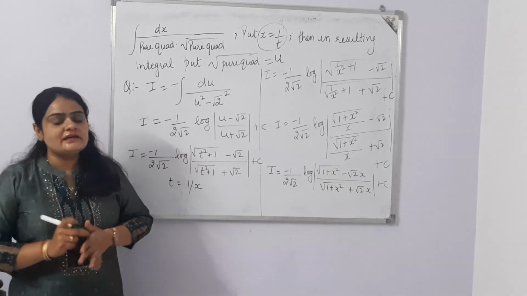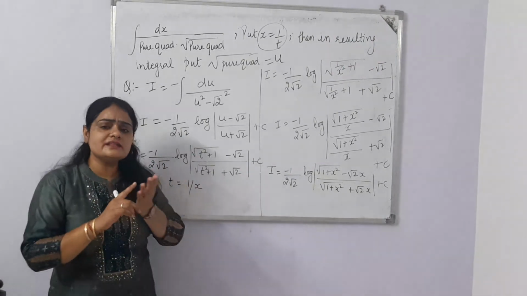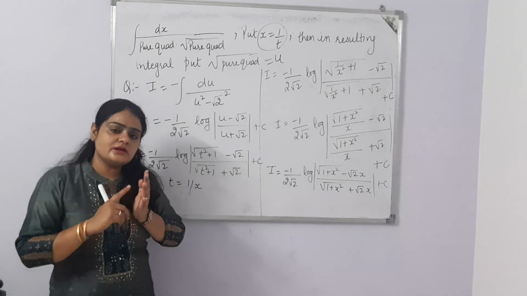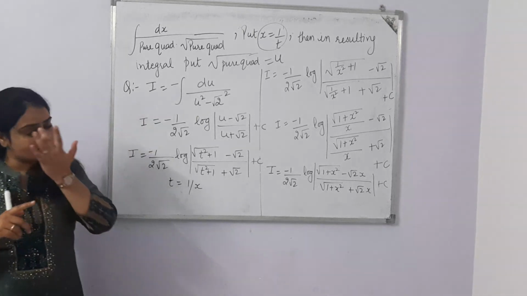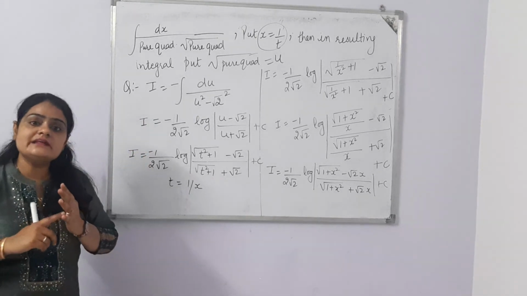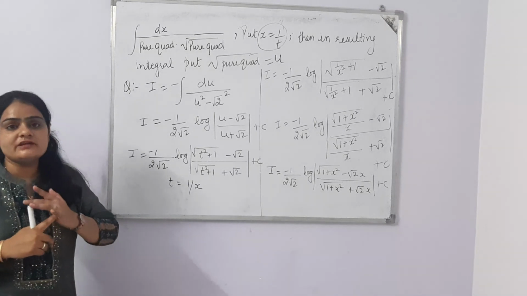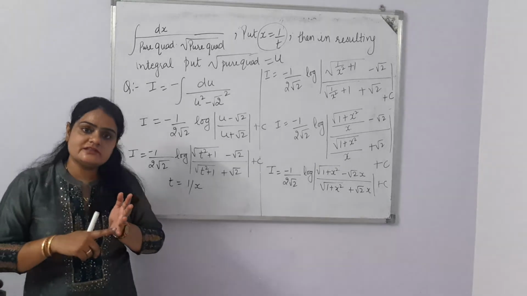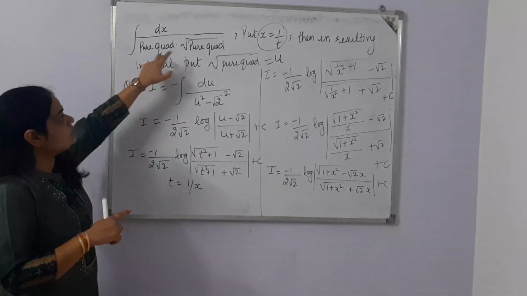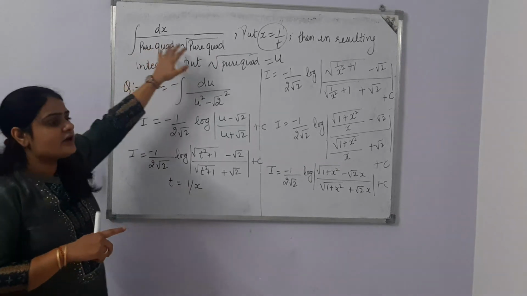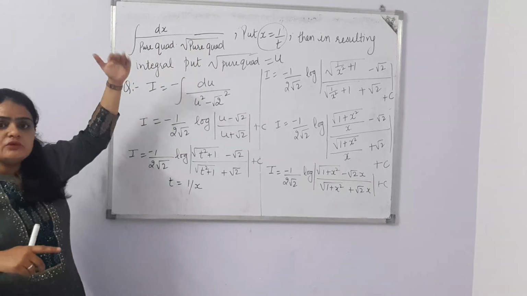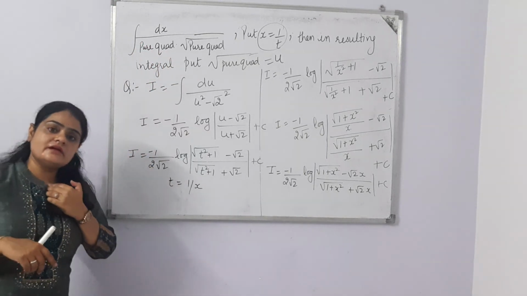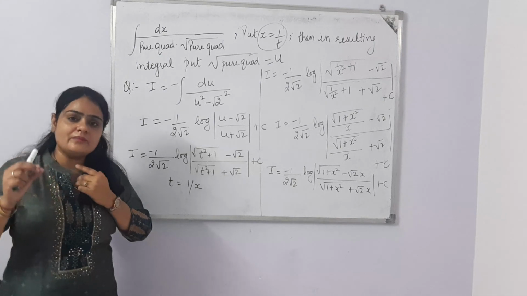We did 4 criteria. The first criteria was when the linear function was outside and the linear function was inside the root. Another criteria we did is when the quadratic function is outside but the linear function is inside the root. The third criteria we did when linear is outside and inside the root a quadratic function is there. And the fourth one is whenever both the functions are pure quadratic, outside and inside the root. I am talking about the denominator. So if these 4 patterns of questions can come, then direct substitutions are there. So just remember these patterns.